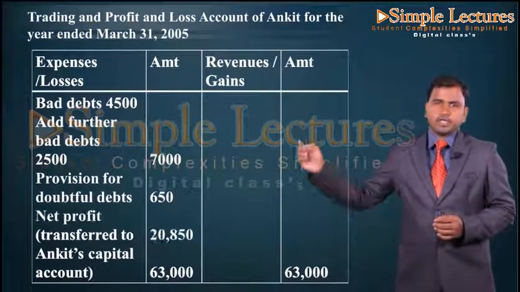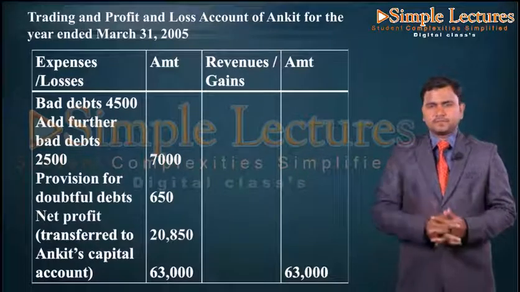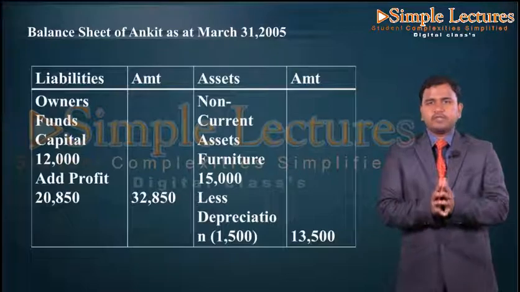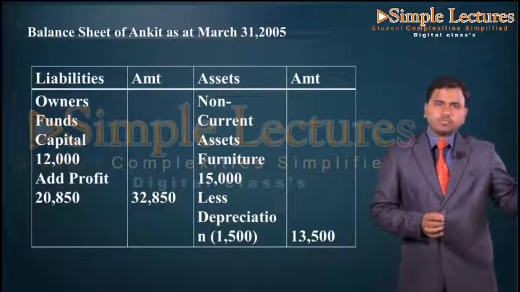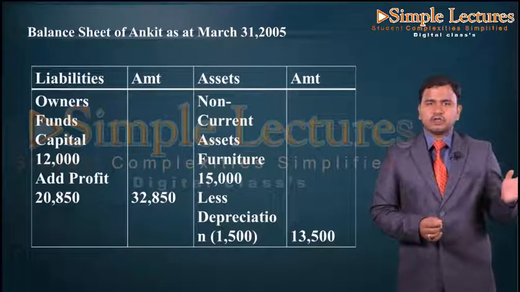So the net profit will become 20,850. And the same we are going to record in the balance sheet. When coming to the profit, the capital was 12,000 and the profit to be added is 20,850. Then the outer column will become